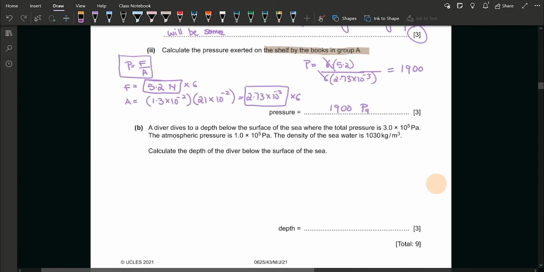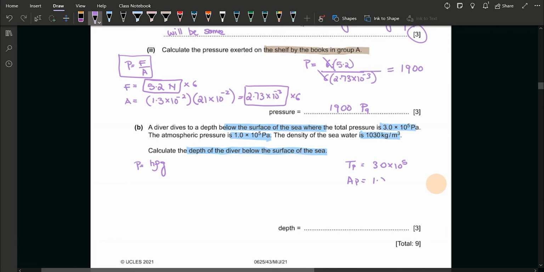Part B says a diver dives to a depth below the surface of the sea, where the total pressure is this, the atmospheric pressure is this, the density of the water is this. Calculate the depth of the diver below the surface of the sea. So we know the formula that pressure equals H rho G, and we have total pressure, which is 3.0 into 10 raised to the power 5. We have atmospheric pressure, which is 1.0 into 10 raised to the power 5, and we have density, which is